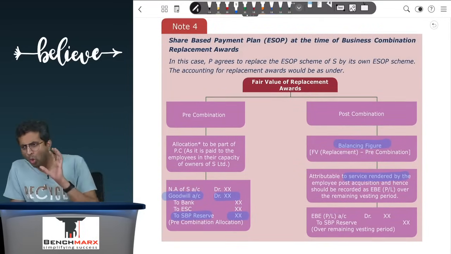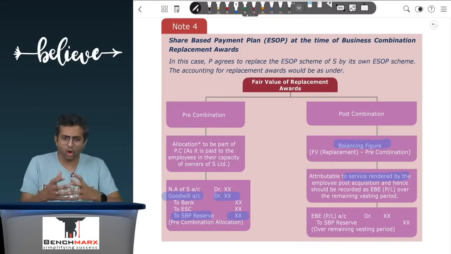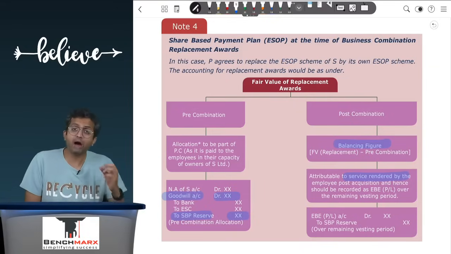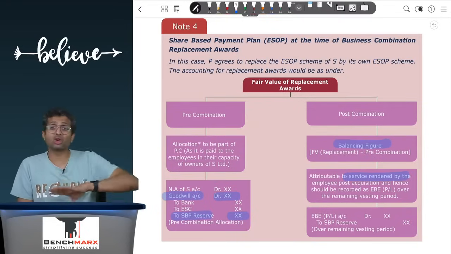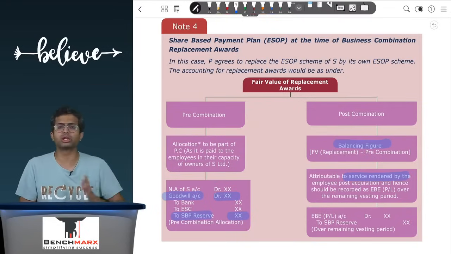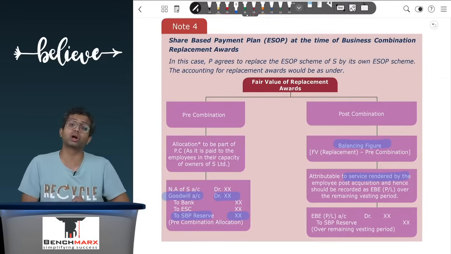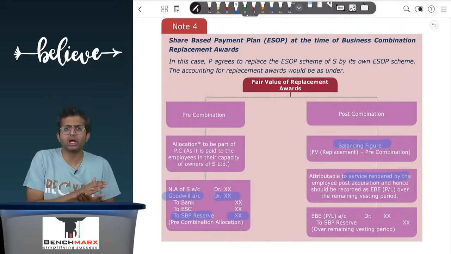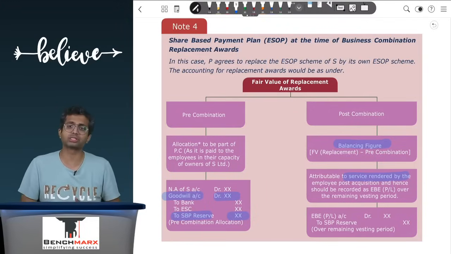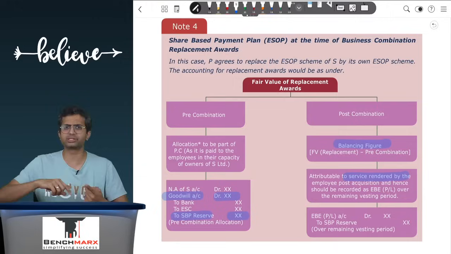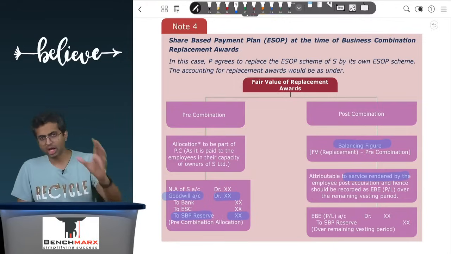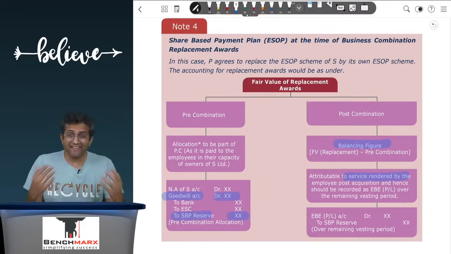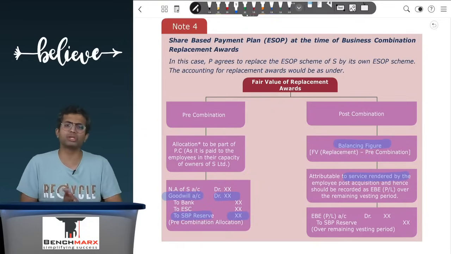Now, all that we have discussed is considering the stake or the amount that you are paying on the acquisition date. However, it is possible that the acquirer already holds a stake earlier. So the acquirer earlier held a 25% stake, and now is acquiring another 30% stake, which gives it control. 25% was already there, plus another 30%, and it now has 55%. So for the 30%, cash paid, shares issued, debentures issued, assets issued, contingent consideration agreed, deferred consideration at present value, everything, your ESOPs, the pre-combination element of replacement awards, everything will be considered to be a part of PC.